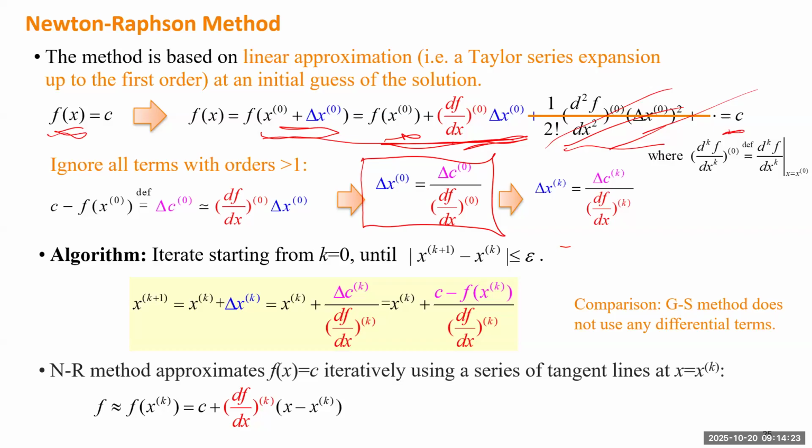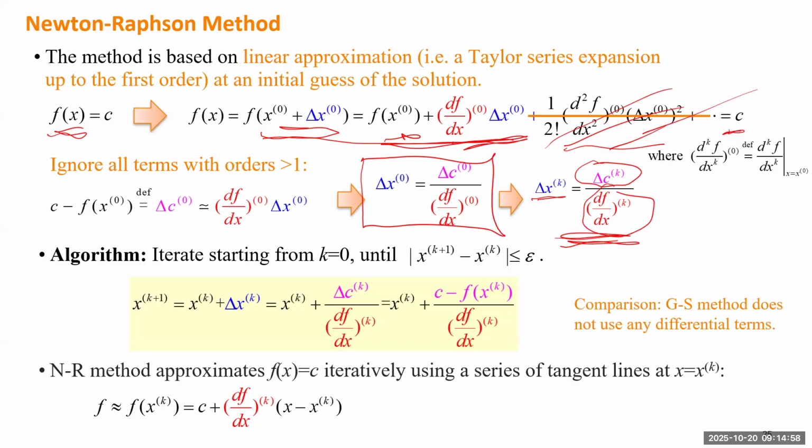We can generalize this formula to any order. If we start from the initial guess, we call this step 0. We'll calculate x1. Then from x1, we'll calculate x2. So eventually, we can converge to the true value of the solution. This formula tells you at each iteration how much you want to update x, based on the gap of the function value at that iteration and also the gradient information